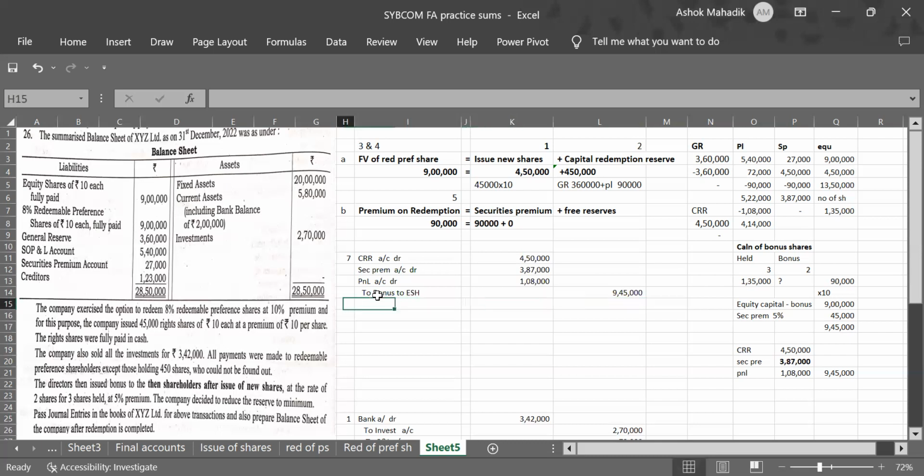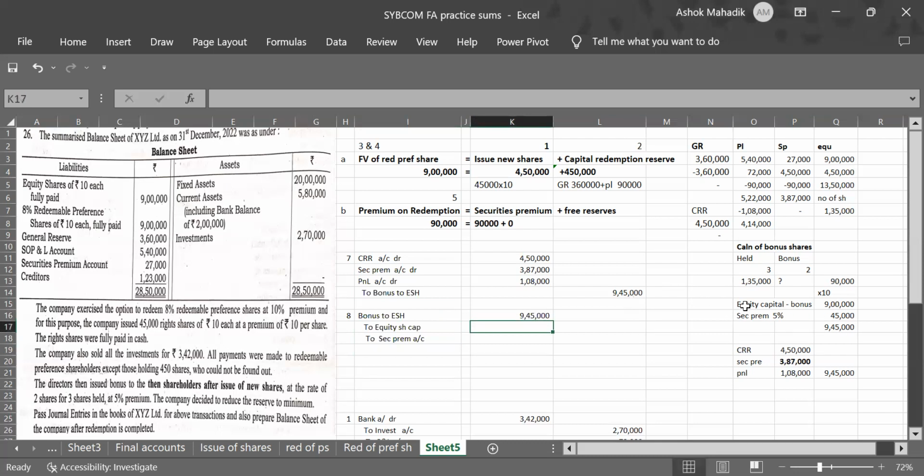Okay, now we have to give these shares as a bonus. Actual distribution will come now. Okay, now I write bonus to equity shareholders account debit, to equity share capital. This bifurcation we already did. Okay, and to securities premium. Okay, so total bonus is 9,45,000,